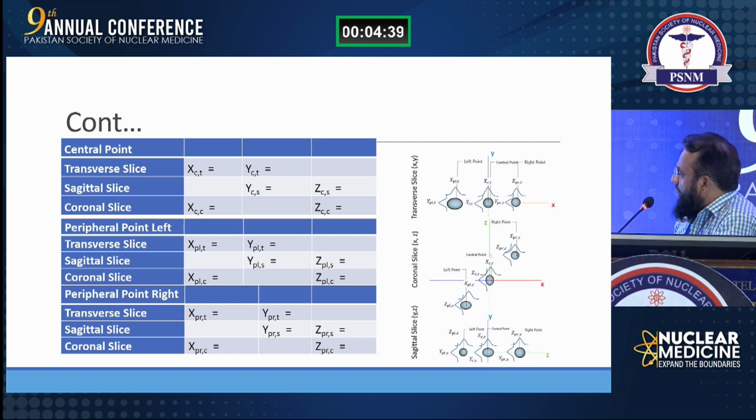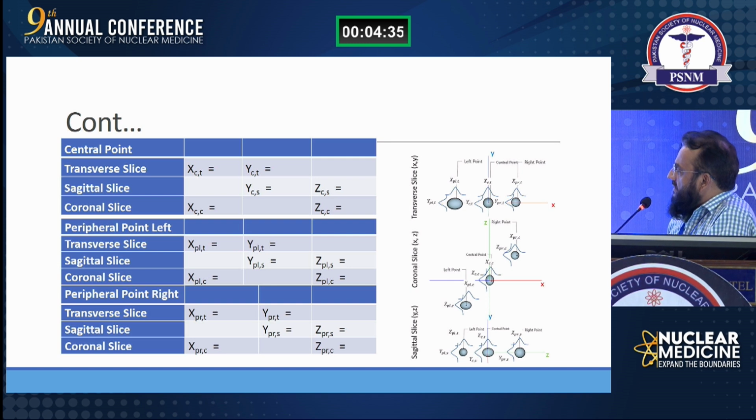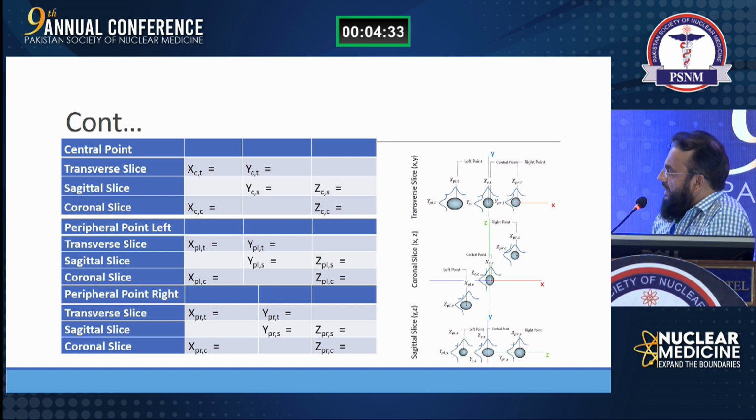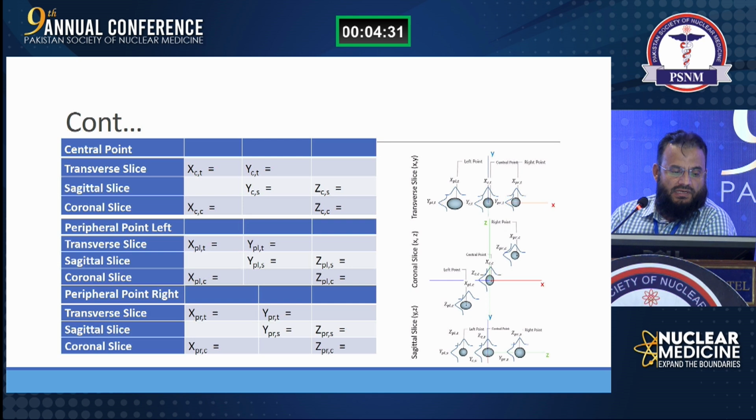The image of these 3 point sources will be acquired here, and from the reconstructed data, the resolution in all the planes, transverse slice, sagittal slice, and coronal slice, will be measured. In each plane, in two directions, the full width at half maximum of the point source will be measured, and then the average full width at half maximum will be measured for the volume.